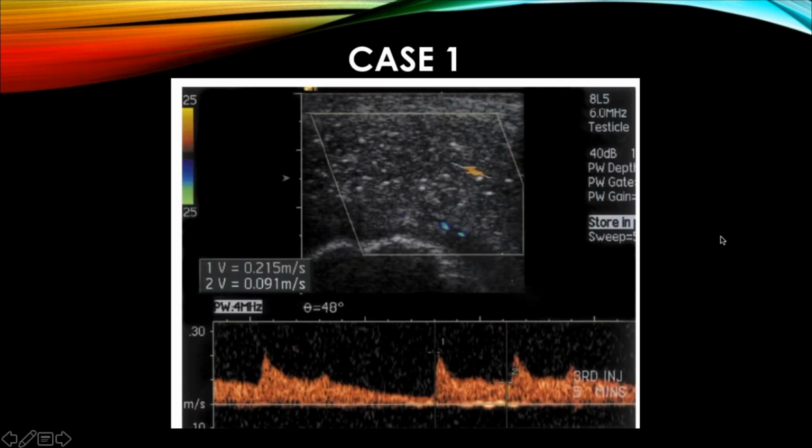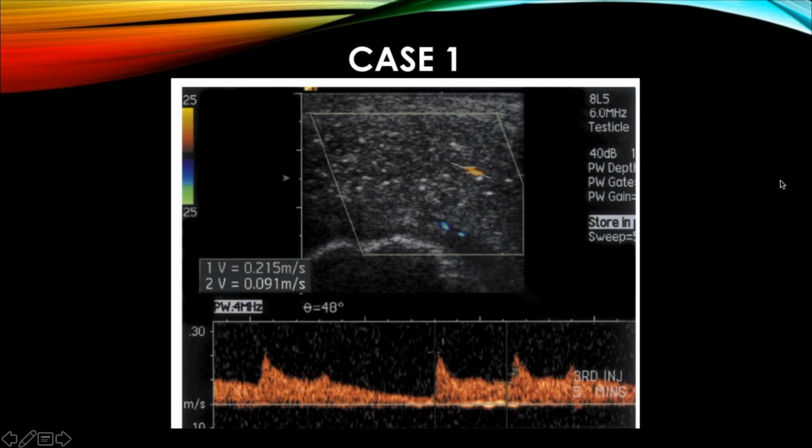And now I'm going to go over some cases here real quick. And I'm going to start doing some of the polls I discussed. So this is case 1, and this is after injection. This is a good 10 minutes after injection. And in this particular patient, he actually had re-injection. And you can see that his peak systolic velocity is 21.5, and his end diastolic velocity is 9.1. Okay? So with that information,